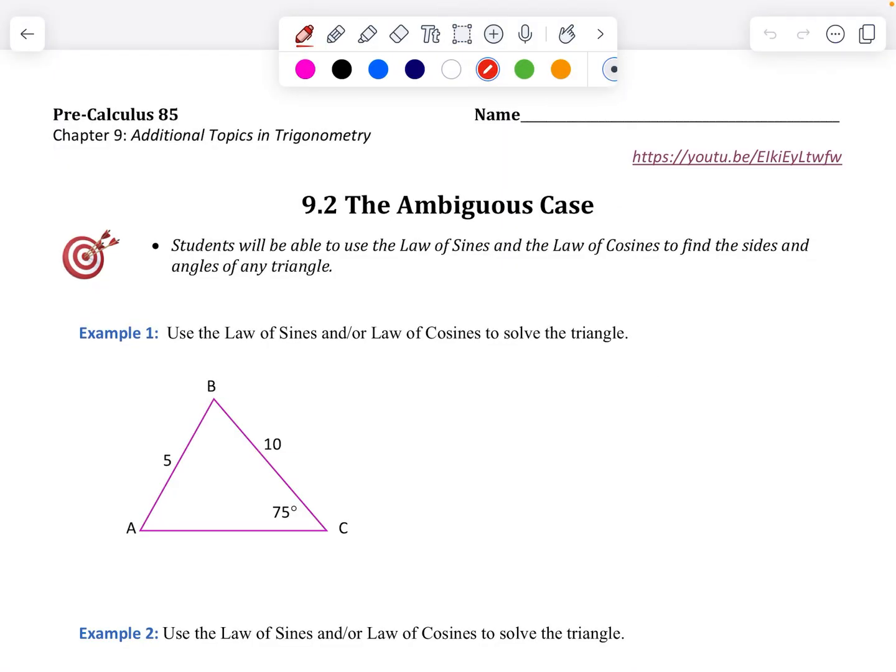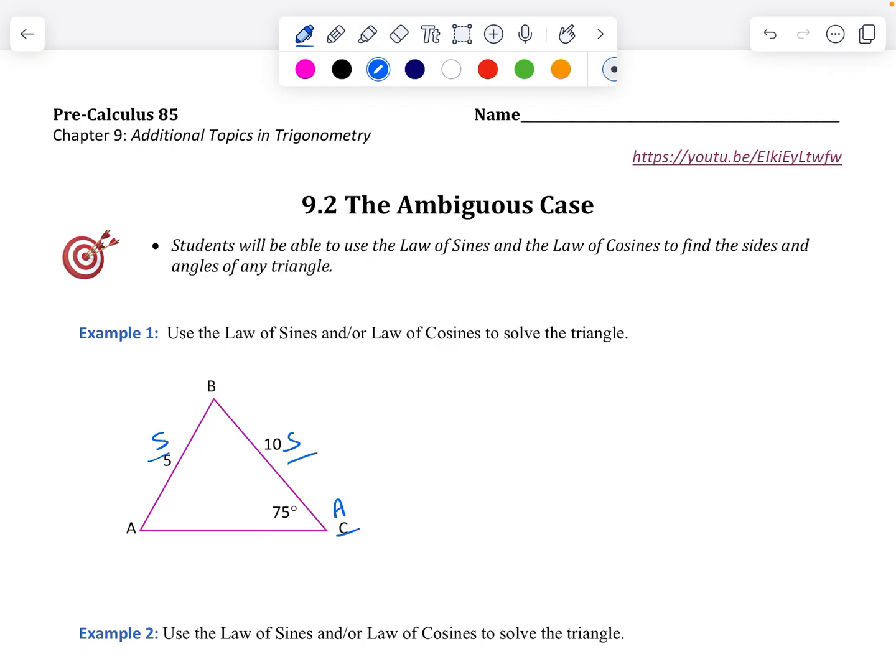All right, we are going to solve for triangles similar to what we did in 9.2a. Today it's going to talk about what we call the ambiguous case. It's a scenario in which you are given a triangle in which you have angle, side, side, or side,